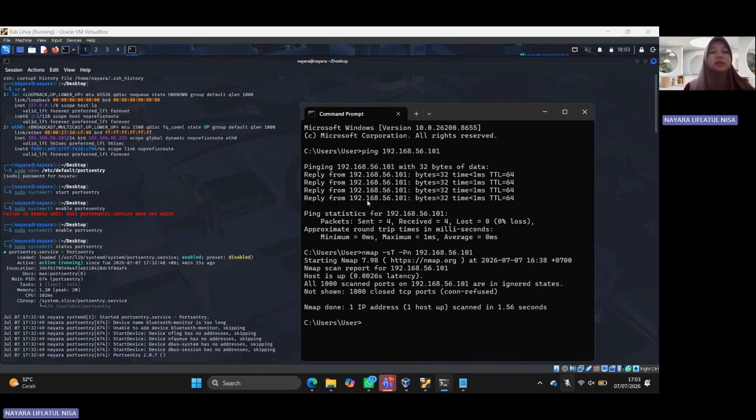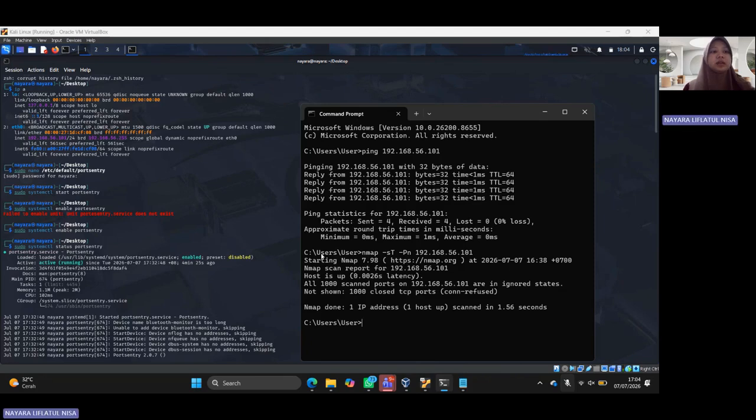The successful reply with no packet loss confirmed that both devices are connected properly and can communicate with each other. This ensures that the environment is ready for the next stage of the intrusion detection system experiment.